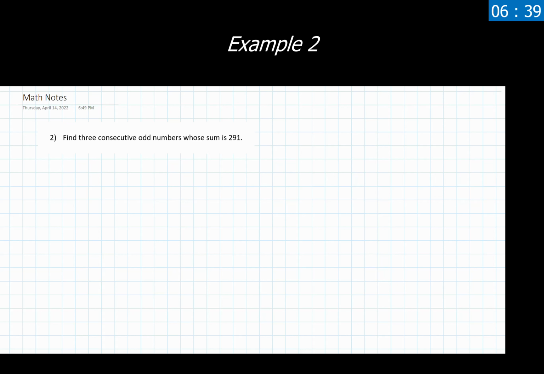Looking at our second example, we're told to find 3 consecutive odd numbers whose sum is 291. So we're going to use a slightly different method than we used in the first problem, just to see some different ways that we can think on these things and organize these for ourselves as we're going through and setting them up. Buzzwords are still something that we want to be on the lookout for, so don't stop looking for those depending on the strategy that you're going to use for organizing these things. They're still very useful.